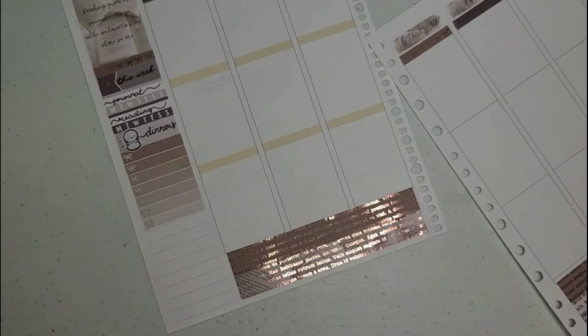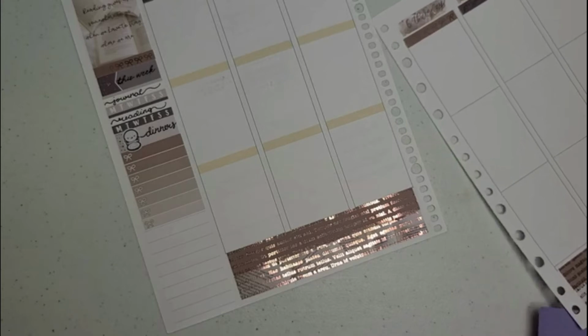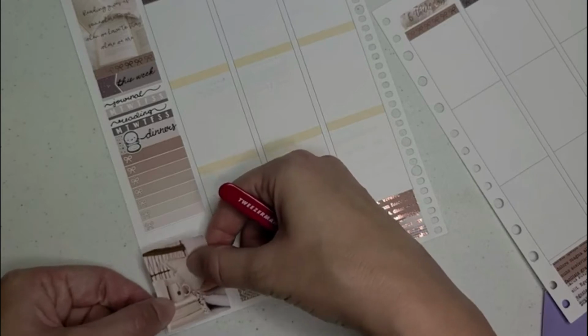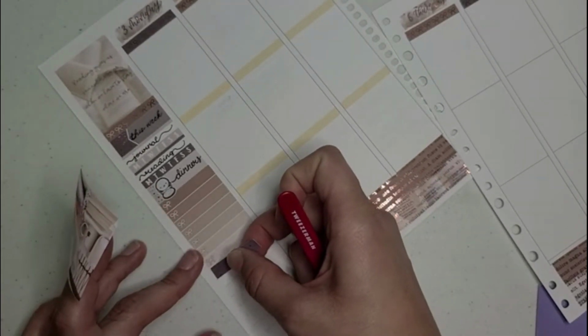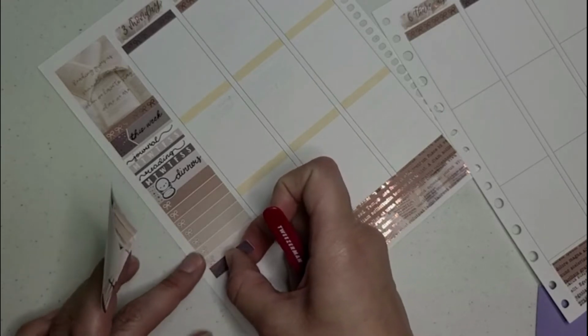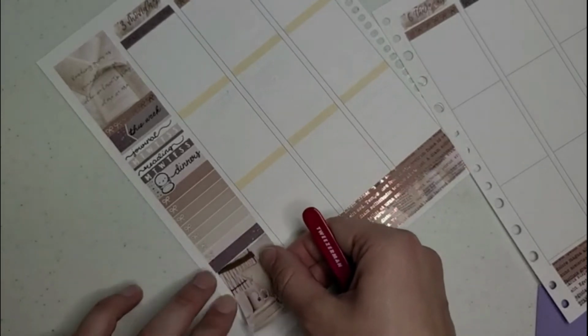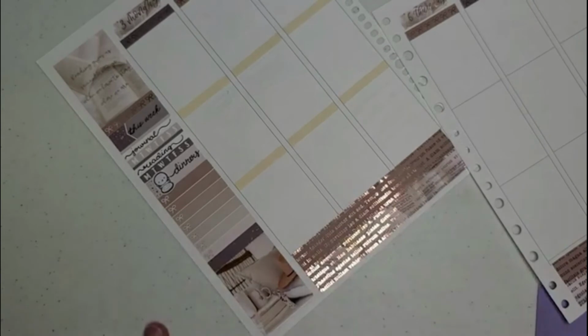Alright, let's see. I feel like I'm gonna have extra space. I don't know how I did that. Maybe my measurements are off in my little cheat book that I use. So I'm gonna put this box down first. Yeah, I'm gonna have a little bit of extra space. Maybe. Maybe not. Let me try. Let me go ahead and put this down. May not be as much as I thought there was gonna be, but we'll see. Box. Yeah, just a smidge. What to do? I kind of wonder if